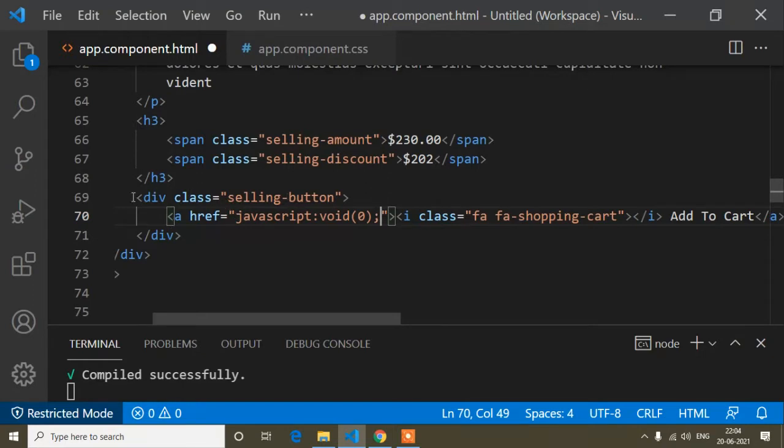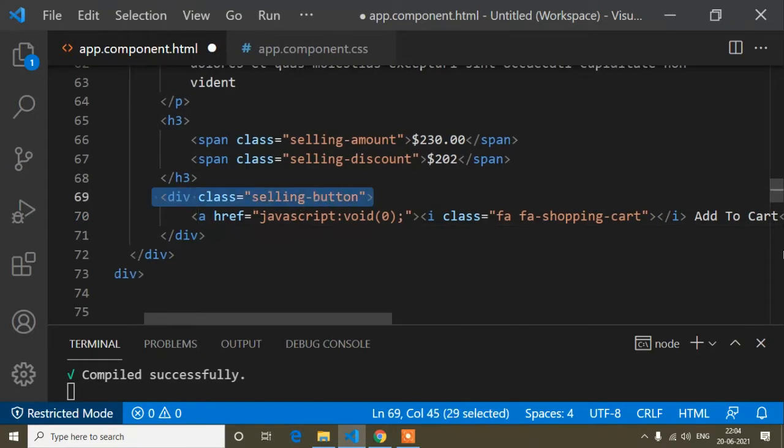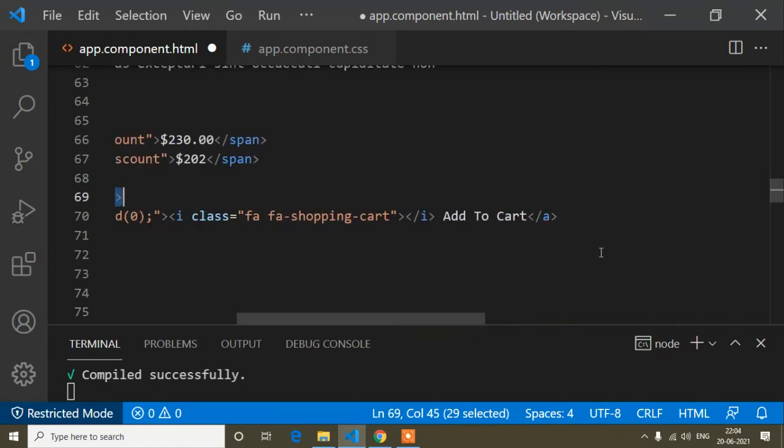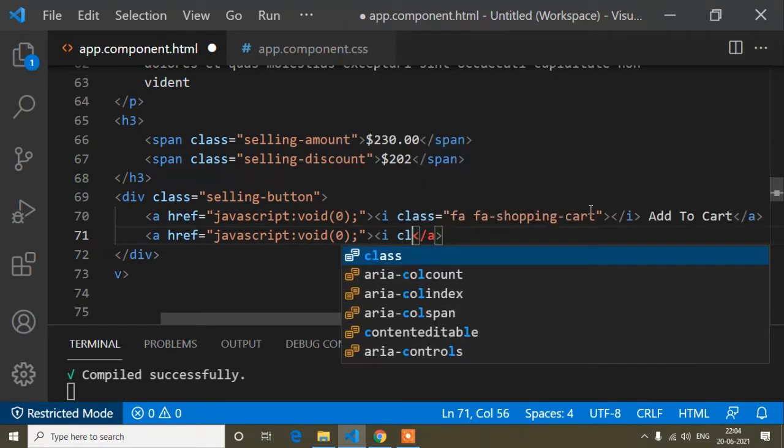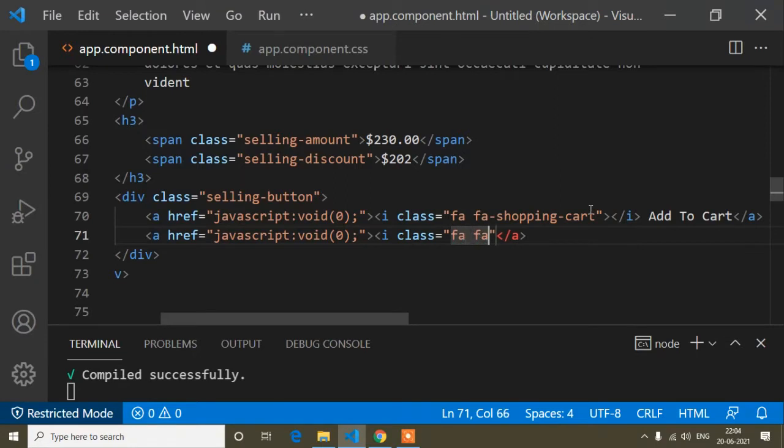Okay, and this one is the button area. Now after that, I will write another anchor tag. So href, again javascript void 0. So this one, and here I will add only an icon. The icon is a font awesome icon, class fa heart, and I will copy the same thing from here